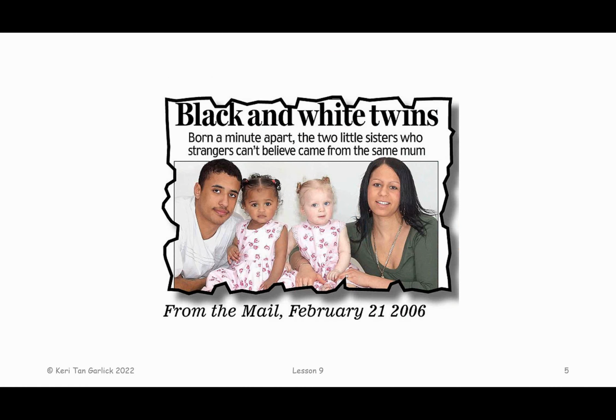They are actually sisters, and not only are they sisters, they are twins. They're not identical twins, they're fraternal twins, and I think it's really cool to realize that in the same family you can get 2 very different traits. So let's think about the why and how that is possible